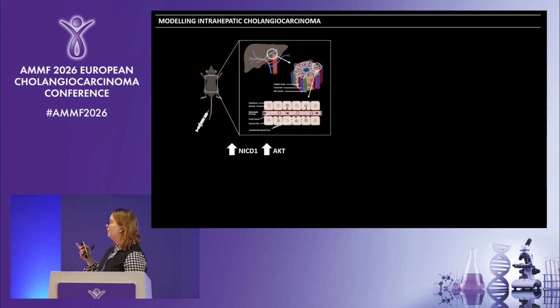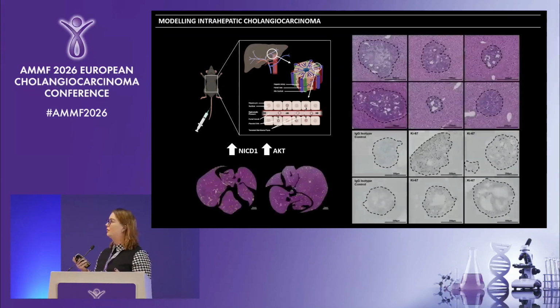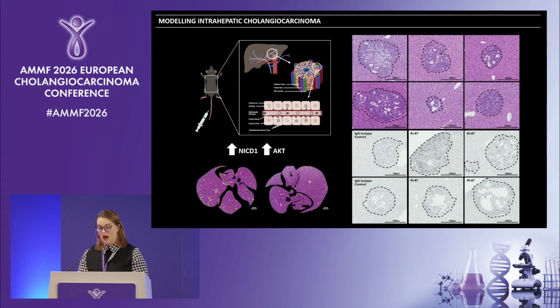And the two plasmids that we used, which were from a previous publication, were the Notch intracellular domain 1, which drives the cells towards a biliary-like fate by upregulating Notch signaling, and a myristoylated AKT, which promotes the cells' survival and proliferation. So the simultaneous upregulation of these two signaling pathways induced the formation of these biliary-like neoplasms throughout the